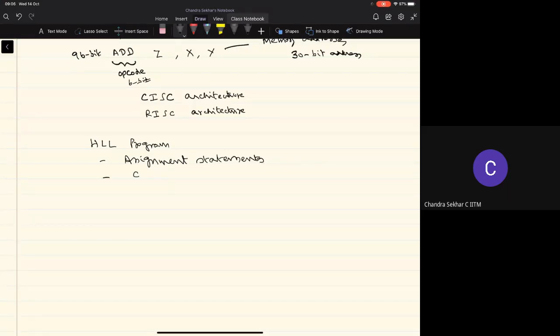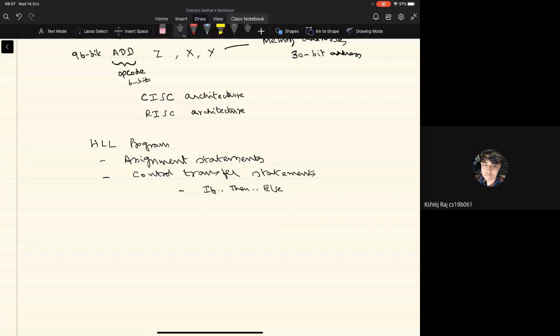Then we need support to perform what are called the control transfer statements. We'll understand what is the meaning of this term called the control transfer. Basically, what we are referring to are the statements like if-then statements or the if-then-else statements. I'm not following the syntax of any particular language here. Okay, this is a generic statement, right? So typically in the if-then-else statements, there will be a condition.